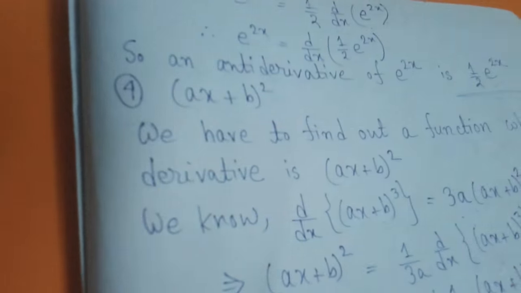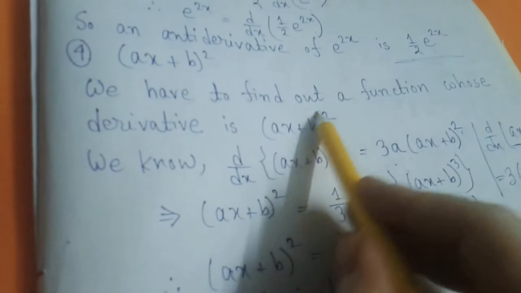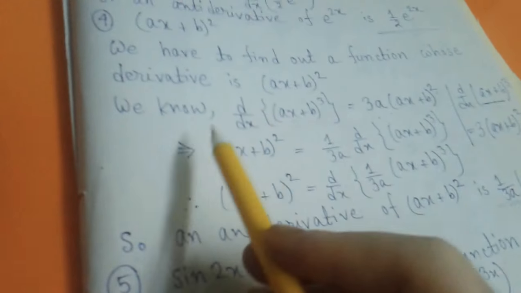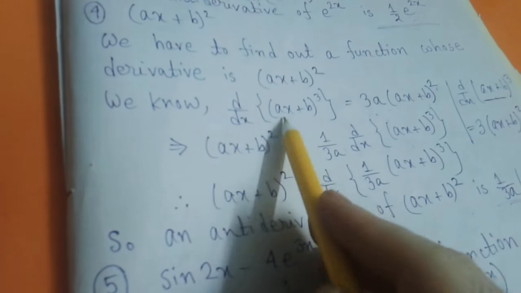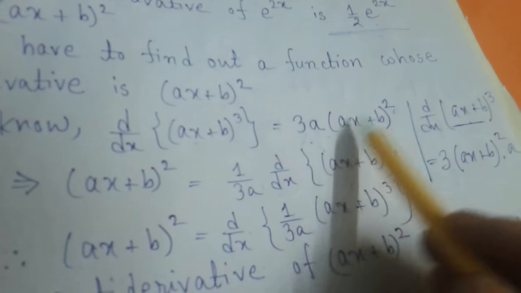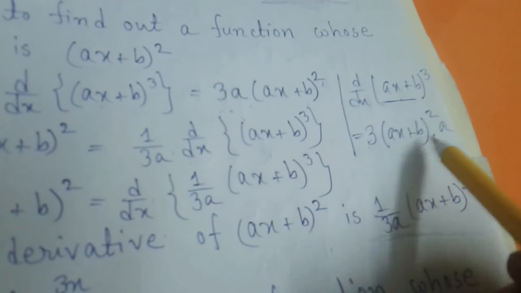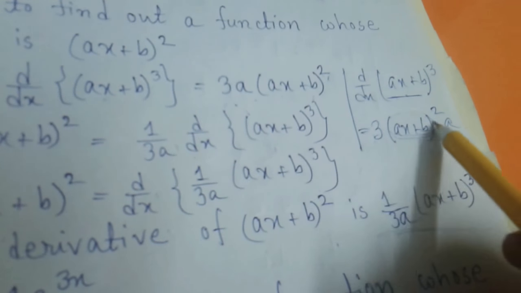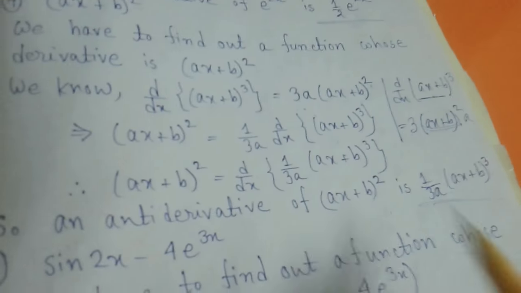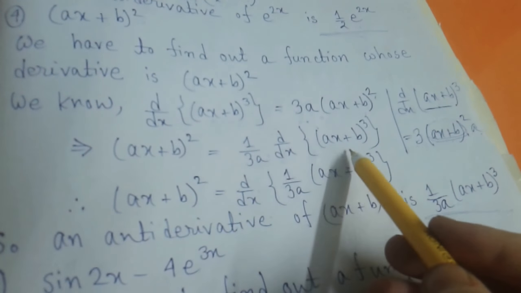Next, 4. (ax plus b) whole square. We have to find out a function whose derivative is (ax plus b) whole square. As previous problem, we know d/dx of (ax plus b) whole cube equals 3a into (ax plus b) whole square. Actually, d/dx of (ax plus b) whole cube equals 3 into (ax plus b) whole square into derivative of (ax plus b), that is a, so 3a into (ax plus b) whole square. So (ax plus b) whole square equals 1 by 3a into d/dx of (ax plus b) whole cube,